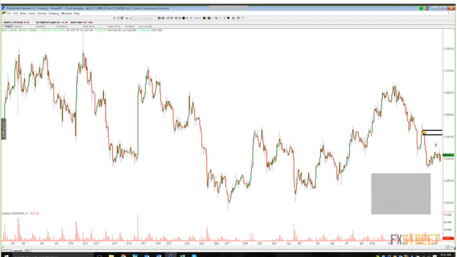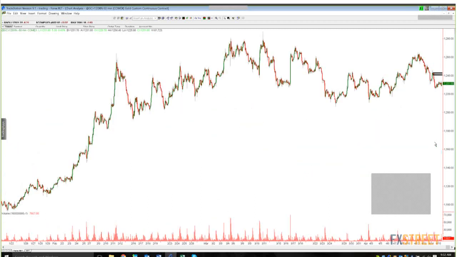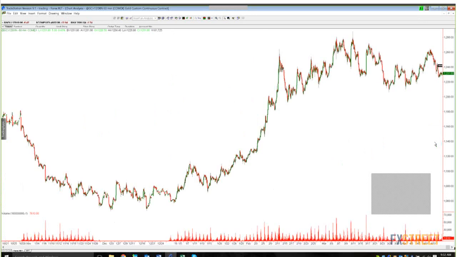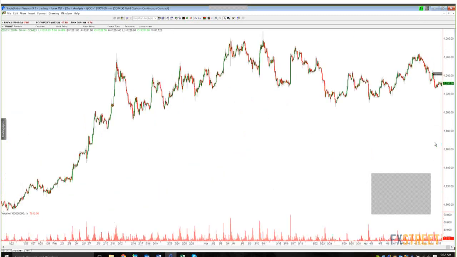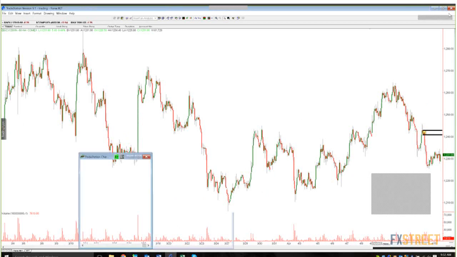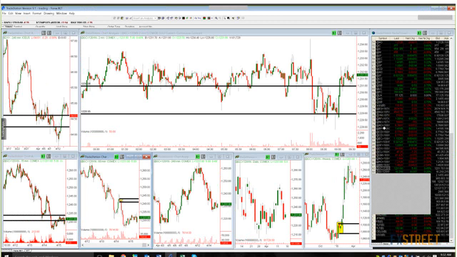Yeah, the wicks happen right at the pivot there, but after the turn, you do get a fresh supply zone that develops there. So that's good. In gold, we know from looking at most of these big time frames, you don't have any significant demand anywhere close. Okay, so we'd expect another big move down into that area. So watch that level above. Yeah, is it the strongest level we've ever seen? No, but